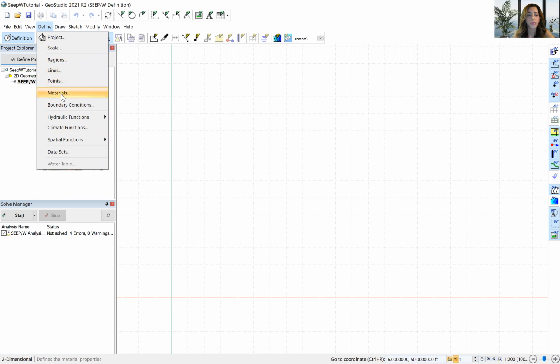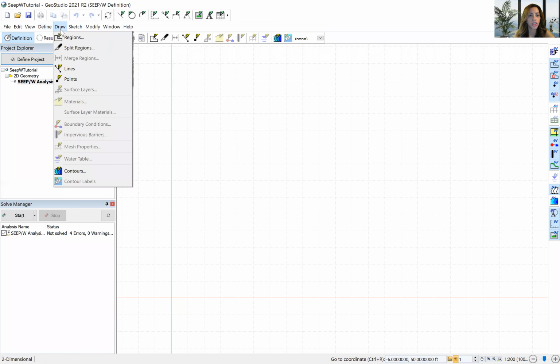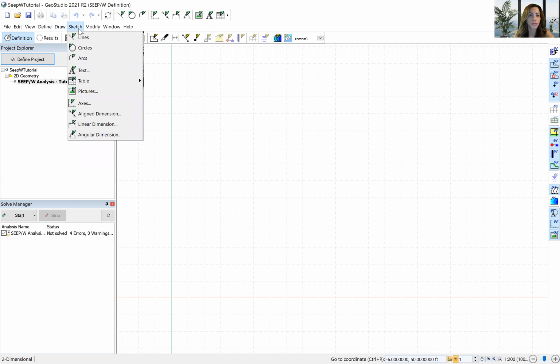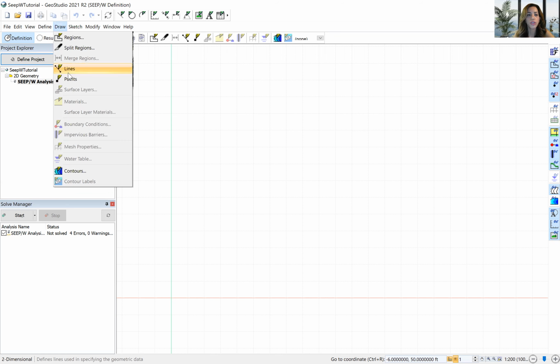So these are the ones that we're going to use. We're going to use the define or draw region, lines, points, and materials and boundary conditions. Draw regions. We are going to draw a region for our soil. You can also draw points. If you draw a region, points will be automatically created, but to make it easier, we are going to define